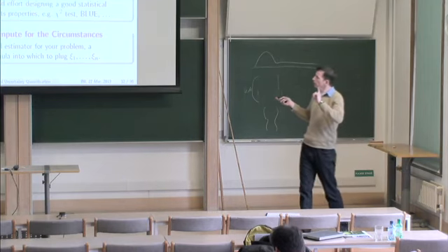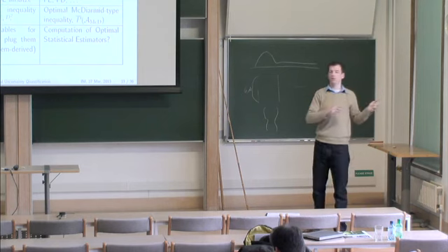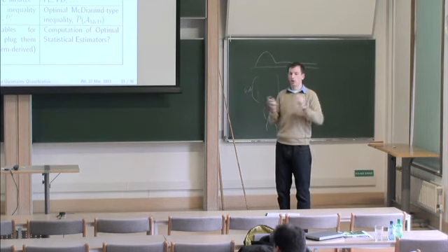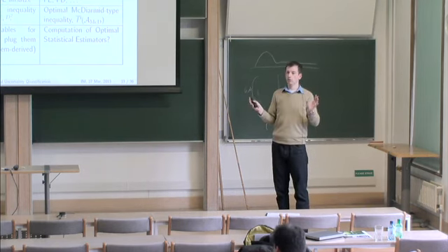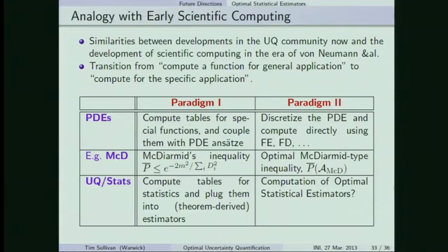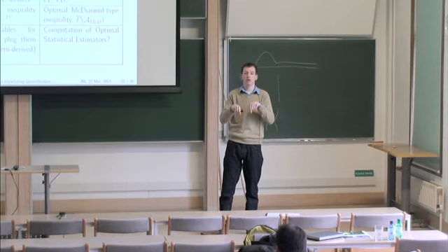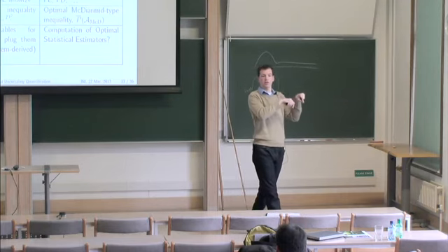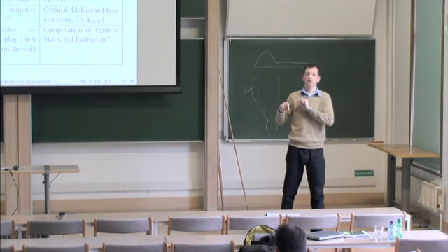So the analogy here would be like what happened with scientific computing after World War II. You had these two camps. What should we use these computers for? We solve PDEs by creating beautiful expansions in terms of Bessel functions and whatever, and then we refer to our nicely computed table of Bessel function values and plug that into our ansatz. But instead, you have the finite element and numerical modeling community come along and say, no, we can take the computers and compute specific to the circumstance on the computer, rather than filling out a special function table and then plugging that into an ansatz.